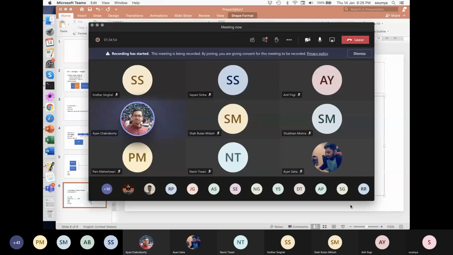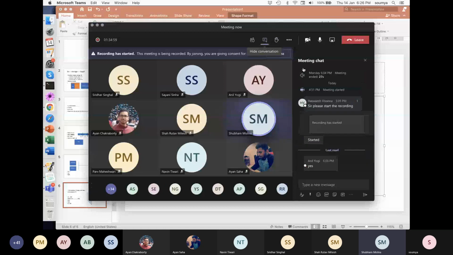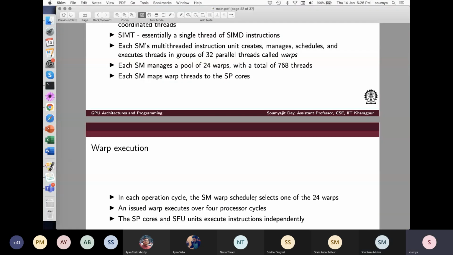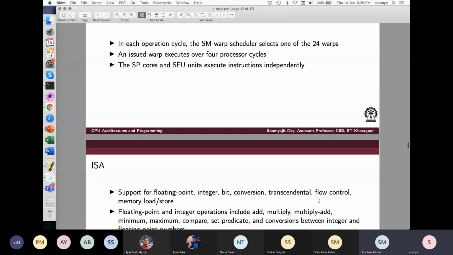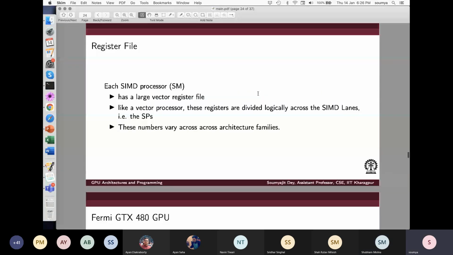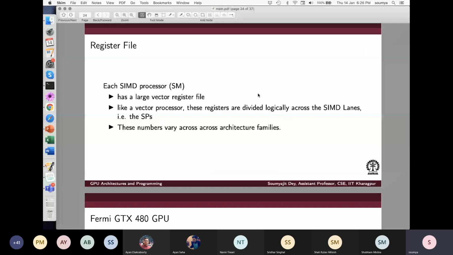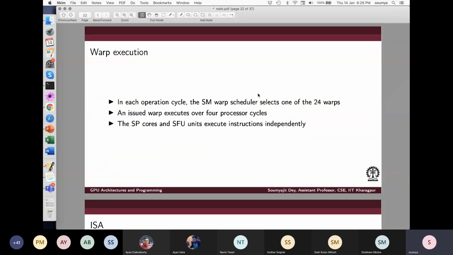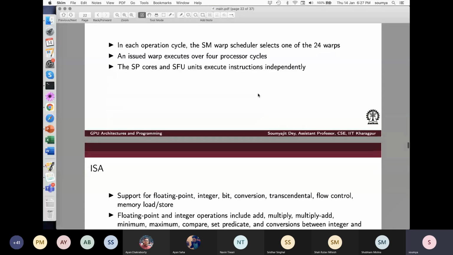Sir, can two different threads be on different branches of the program? Then how will it run in lockstep? They will then not run in lockstep. This is known as thread divergence. We'll cover this later on. Here we are just introducing the different concepts, like what a warp is. We'll revisit them using the CUDA programming structures in next week's classes.